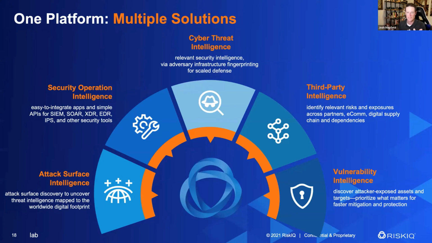It all is up to date with the latest intelligence. What we do on the cyber threat intelligence side is we go snooping around in their infrastructure, and we fingerprint it. So that way, when it pops up again, you can have that elastic protection no matter where that threat actor pops up, disappears, and pops up again. The markers of their infrastructure are retained. And so you can scale a lot of defense against that by looking at the loaded gun